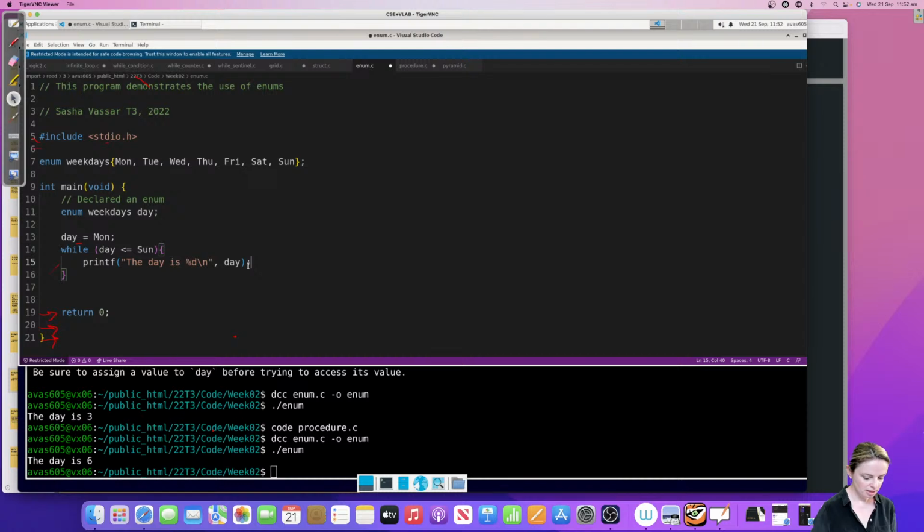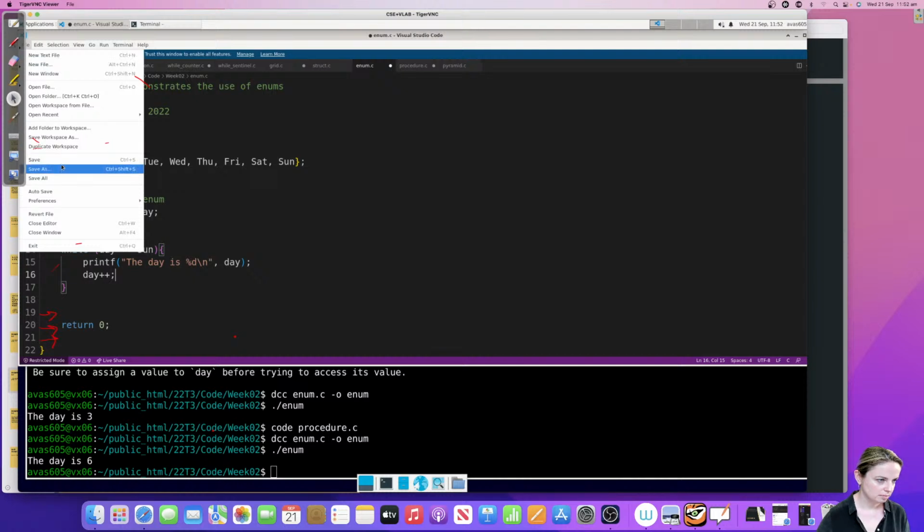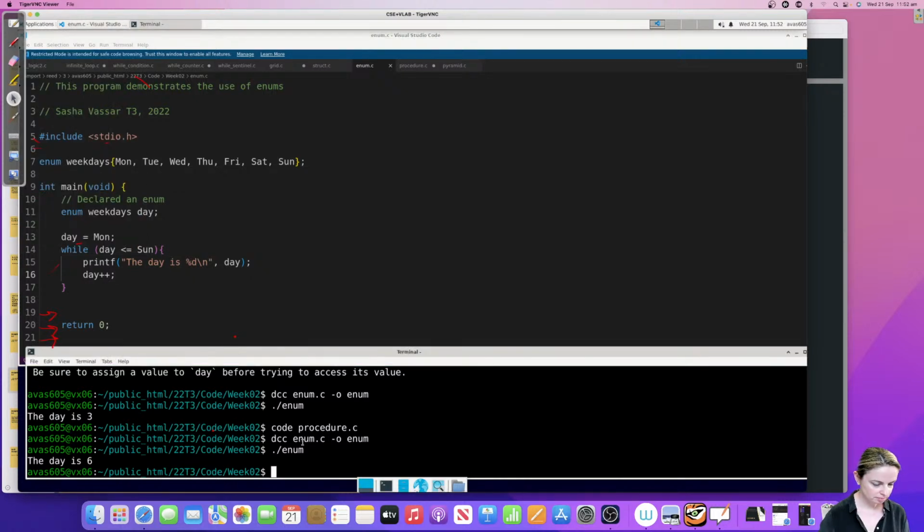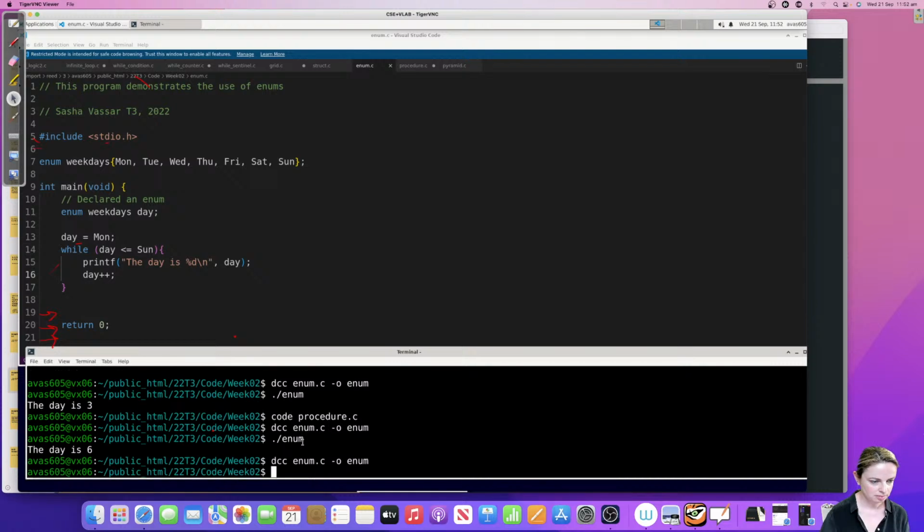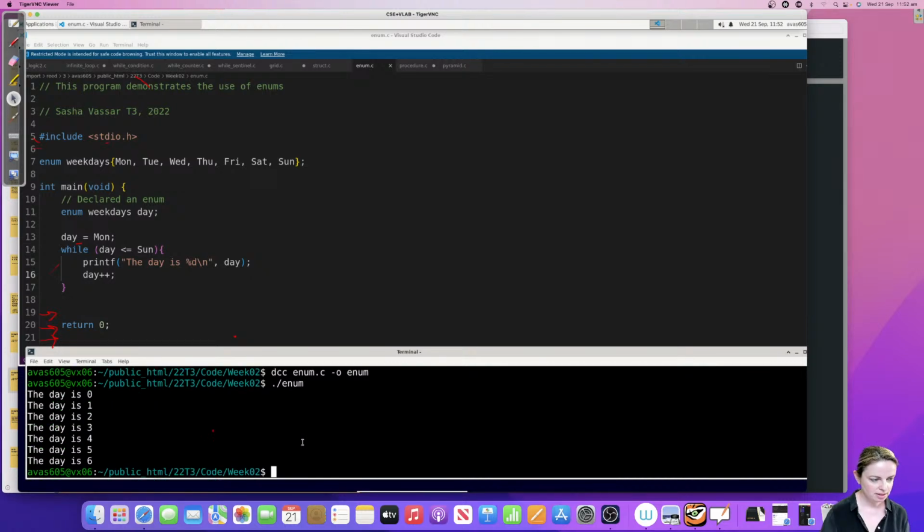So I'm going to do that, and then I'm going to update it. I'm going to day plus plus it. And then if we run that, let's compile it. And let's run it. And so now it's basically going the day 0, the day's 1, the day's 2, 3, 4, 5, 6. So you can kind of do it through.